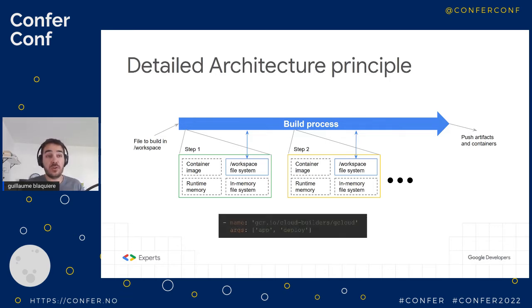For example, here you have a step name. The name is the container name. You load the container gcloud and the entry point of the container, because when you run a container, the entry point is run automatically when you start. It's gcloud as entry point, and you only provide arguments to gcloud, app and deploy, and you will deploy, for example, App Engine with this command. It's the command gcloud app deploy at the end. That's a simple step.